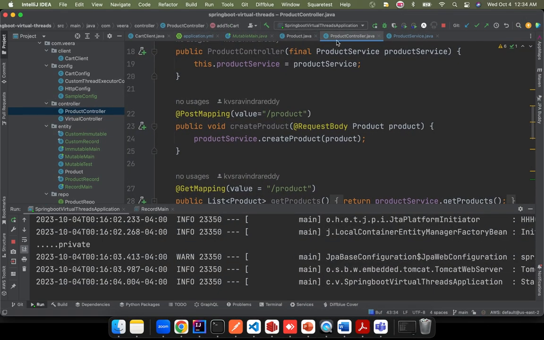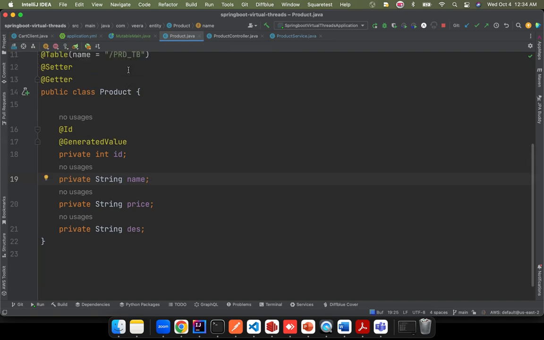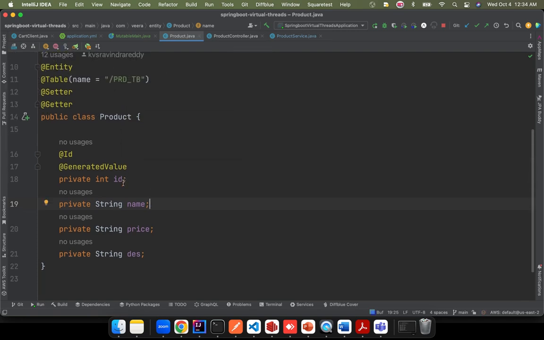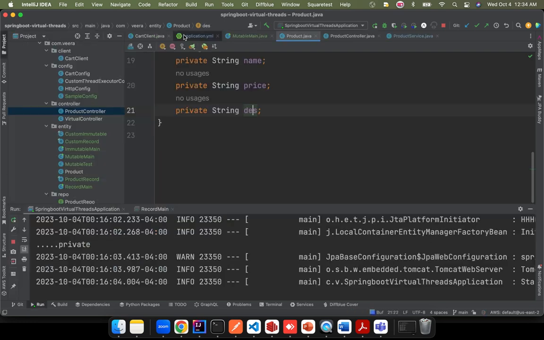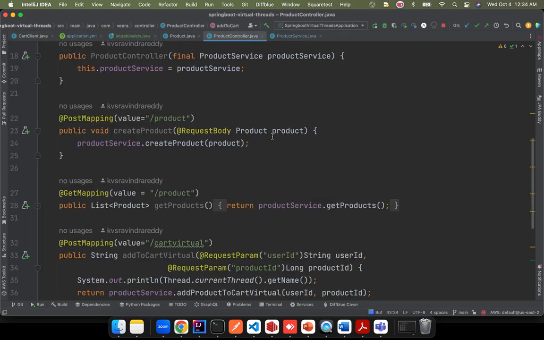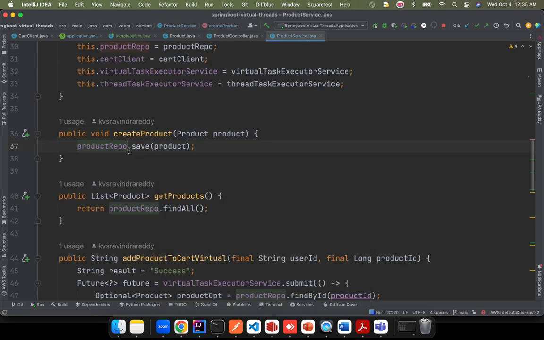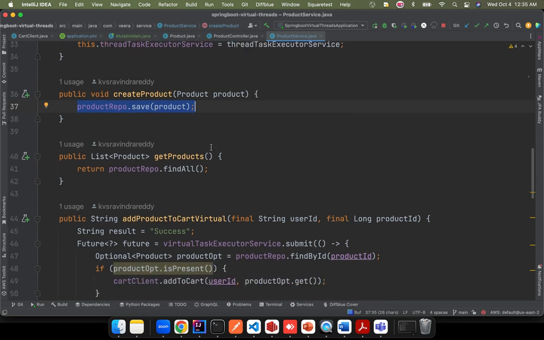This is my product application. This is the product table. It has an ID, name, price, and a description. And I have a product controller to add or create a product. So this is where I'm going to create a product. To create a product, I'm just saving the data into the database, and then